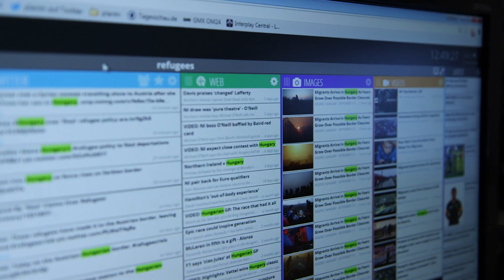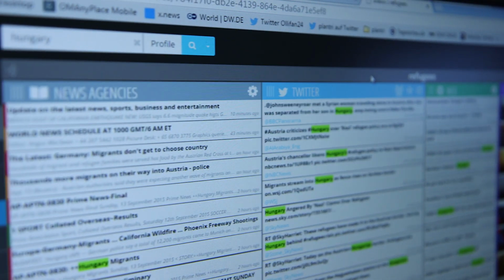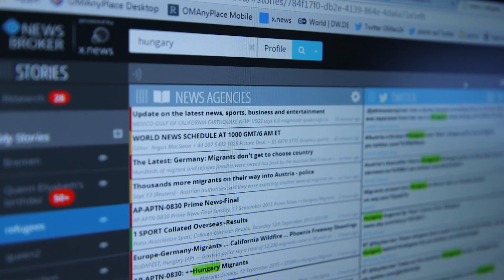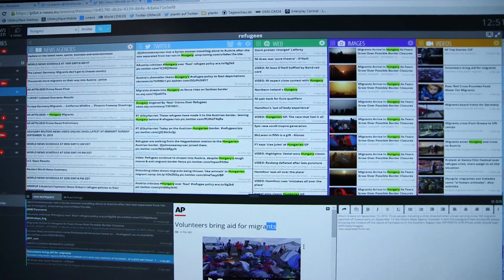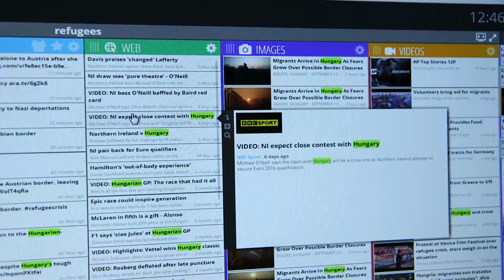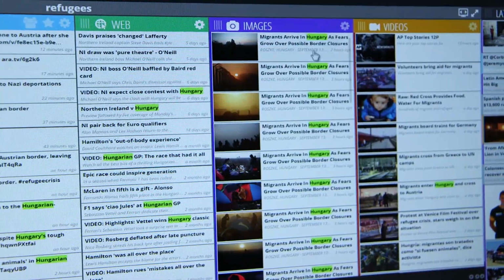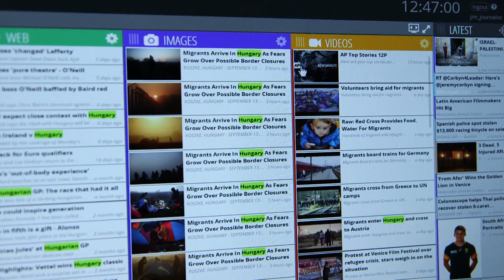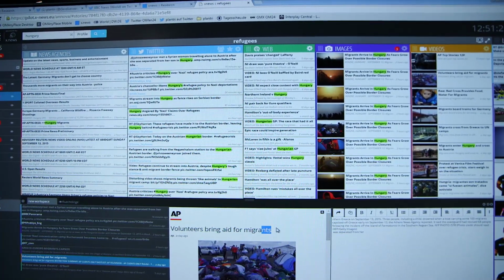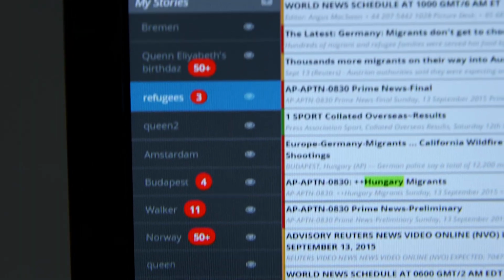Right? You can see all the tweets that are available, and this gives me a sort of one view, catch-all view of all these sources. I can look at web sources that the corporation is interested in following, whether that may be a competitor or institutions or organizations that are relevant, as well as my image sources and my video sources. So this allows you to see the third-party sources that you subscribe to, but also the self-generated images and videos that the corporation is looking at, all in one place.